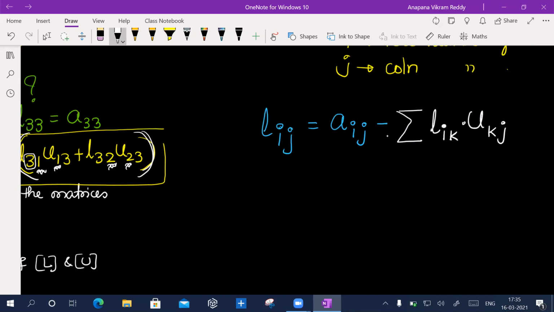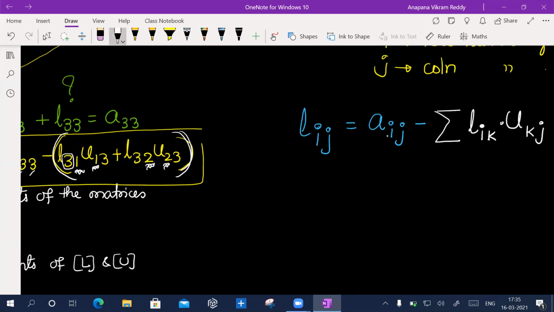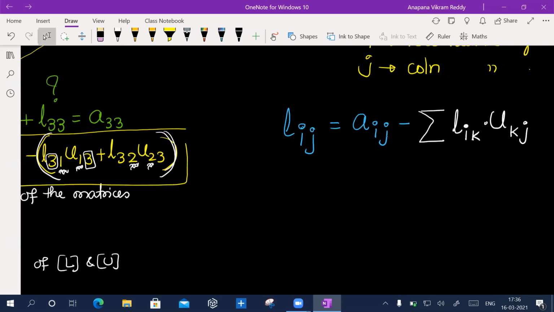Yes, sir, because this second element belongs to A J, right? Now you tell me what must be the range for K. K should vary from where to where? 1 to J minus 1.